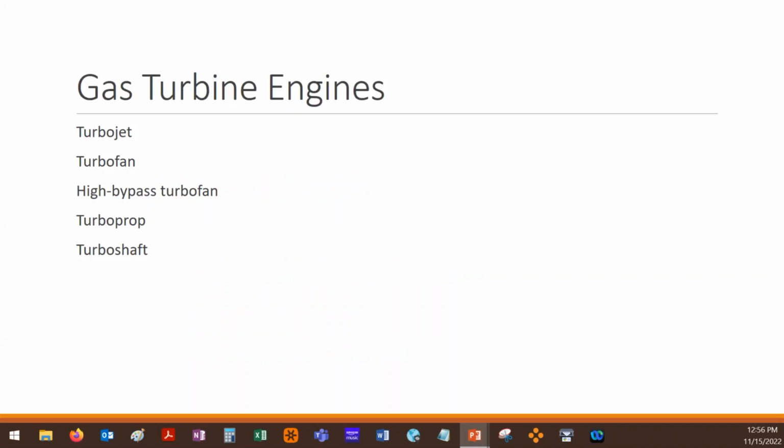So turboprop engines, let's get in it. Gas turbine engines, you've got 4 basic types. Now I've got 5 there because one kind of breaks down a little bit: turbojet, turbofan, and high bypass turbofan, which really is just another type of turbofan engine. Then turboprop and turboshaft. We're going to mainly be looking at turboprop for propellers class,